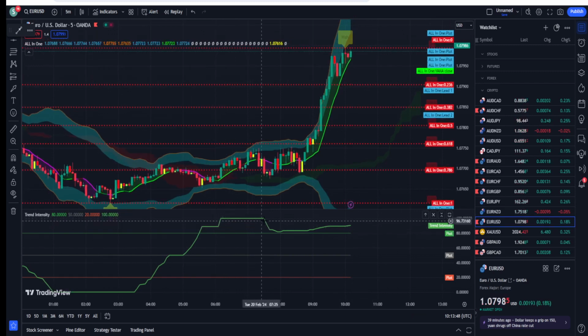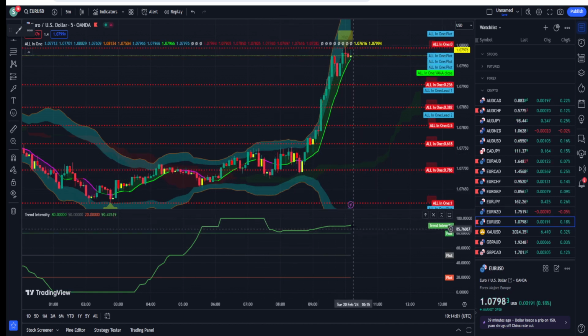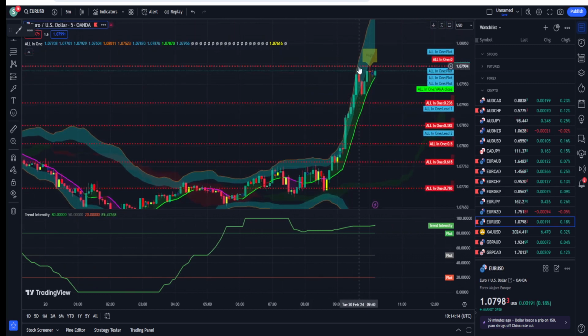So for example, look at this concept. It was straight, directed downward, but didn't cross the green line here, and now you can see the market movers deceived you, and many people entered into sell positions from this level. But what happened? Again, they took the market up. So the trend intensity indicator has actually saved you. If you just look at this part, here we have the crossover on the red line, almost at this level, and then you can see the price simply moved in the upward direction.